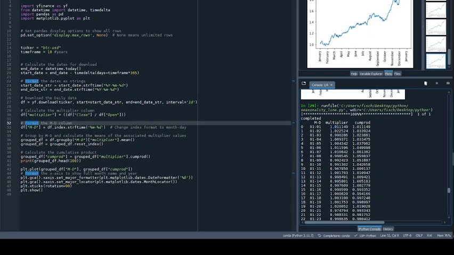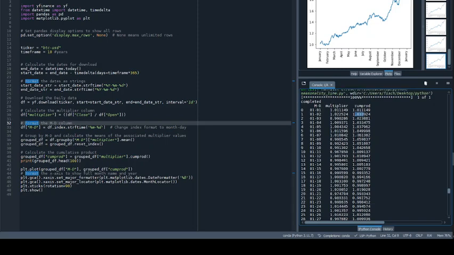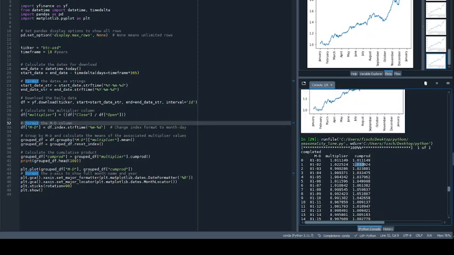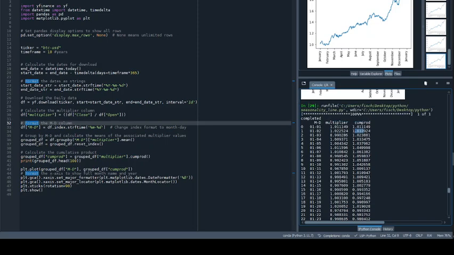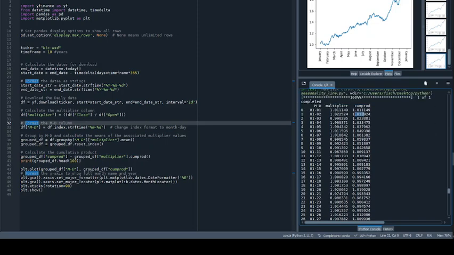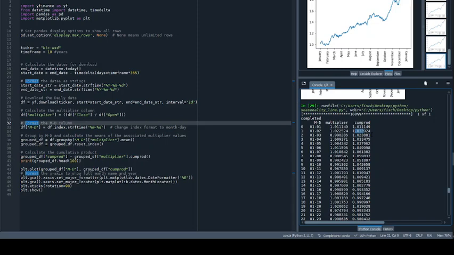We start with 1, and then we multiply 1 times 1.0111, and so we get 1.0111, and then we multiply 1.0111 with 1.0225, and then we get 1.0339, and then we multiply 1.0339 with 0.990, and so on and so on, and then we get a column with cumulative products, and this will be the line chart. This will be the y-axis of the line chart,